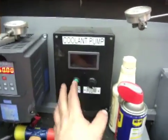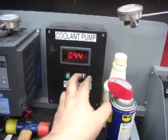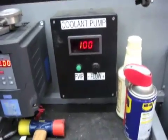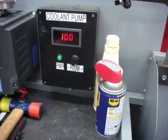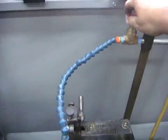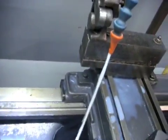But if you'll remember, I have this motor controller over here. I think I'm just going to run it at 100 for now because it's not a huge pump. It has a little problem maintaining prime with anything under 80 on that scale. So I'll probably keep it at 100 there and just throttle it back here on the old ball or gate valve. But you can see it there. That's full flow,